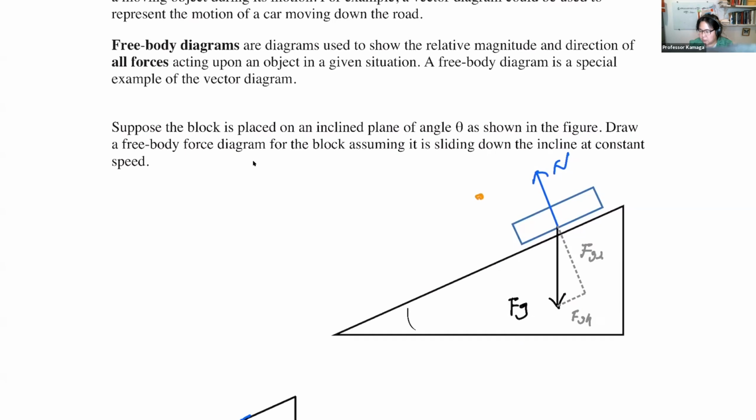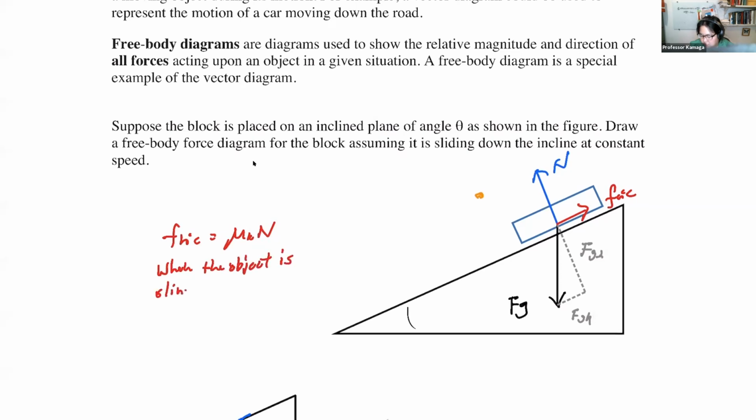What you're going to have is another force that's in this direction. That's going to be Fk, the friction force. And this friction force becomes mu K n when the object is sliding